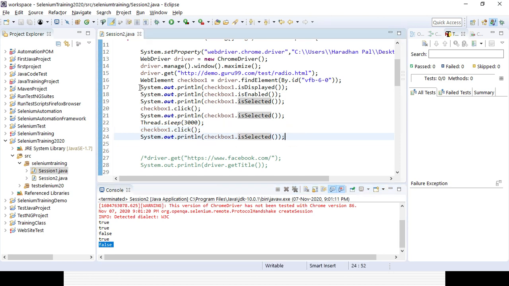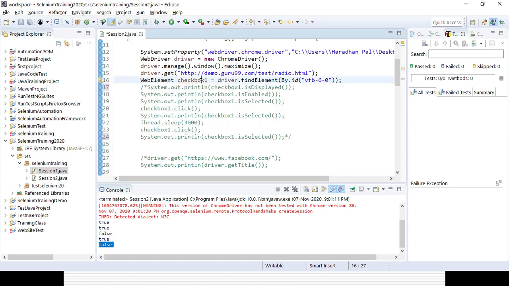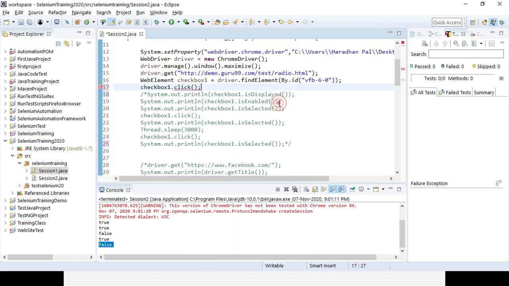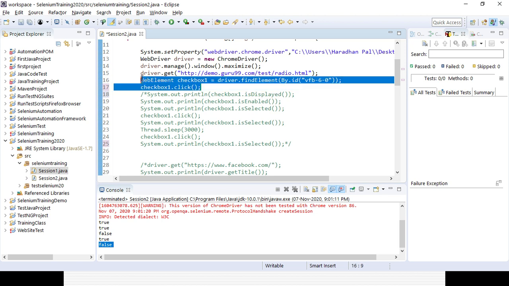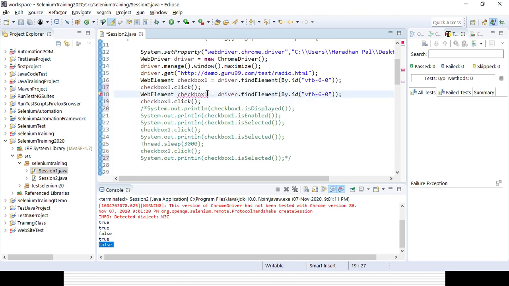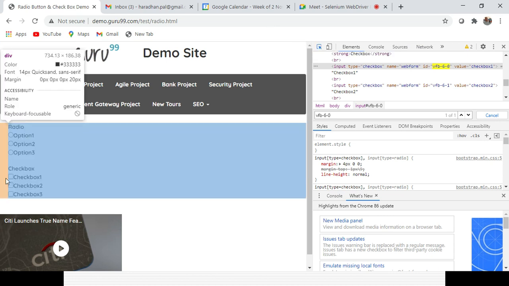I am simply commenting out all the lines of code, and for the checkbox 1 I want to check it. Dot click. Similarly I can identify the other elements for the other checkboxes. Suppose this is the checkbox 2 and this is the ID. You can see it from here. If you want to identify the checkbox 2, these are the properties.